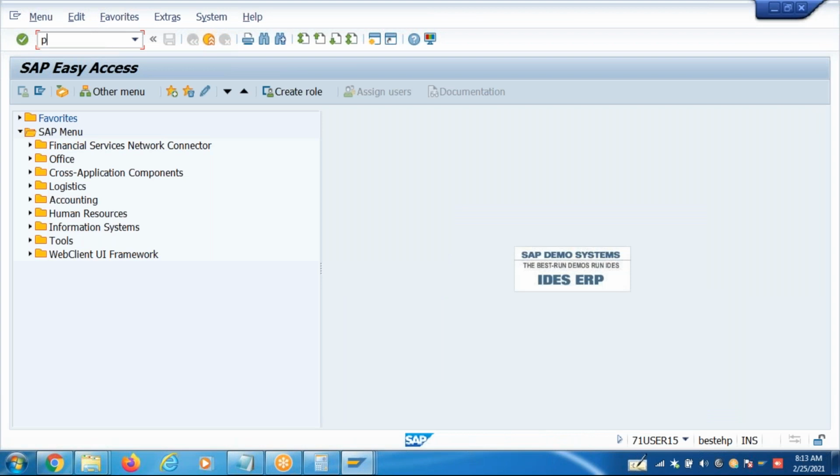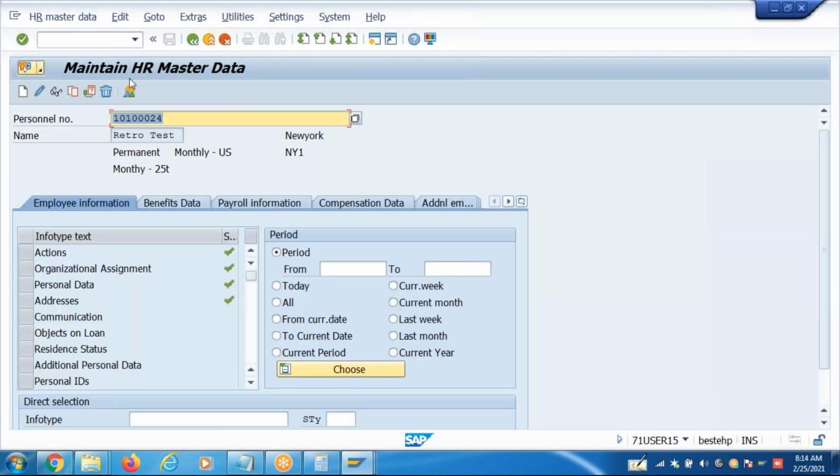And there is the infotype for employee specific limits. Currently, limits are configured at what level? Table level. Limits are configured at what level? At table level, sir, I mean IMG.